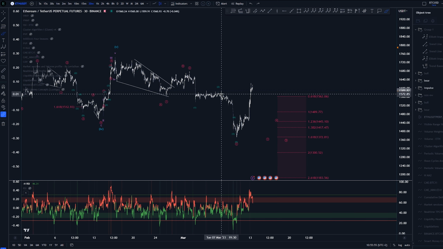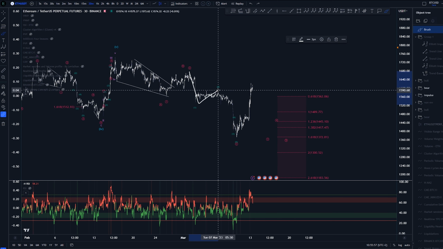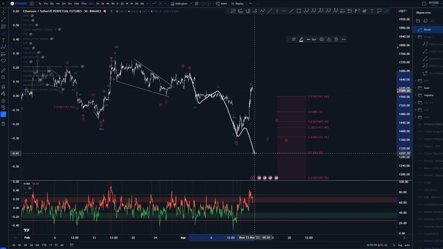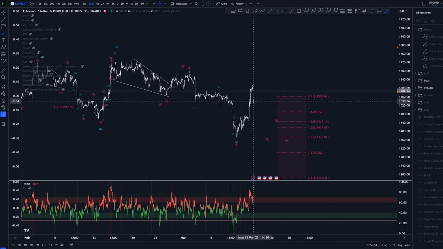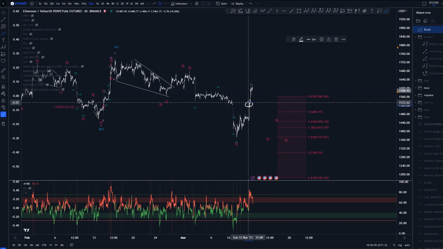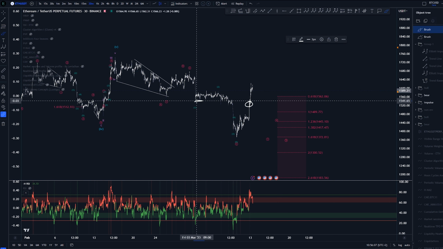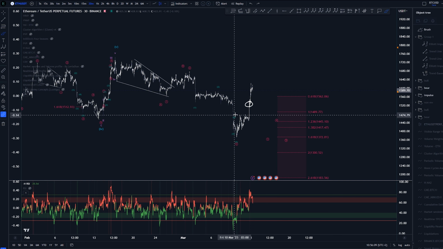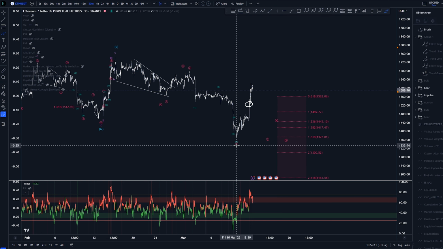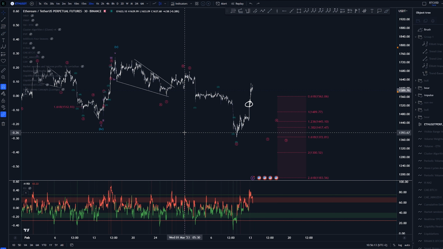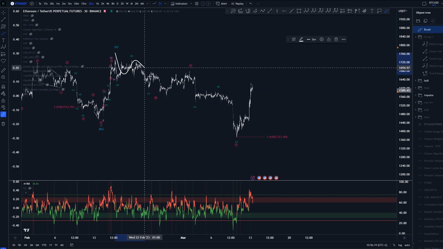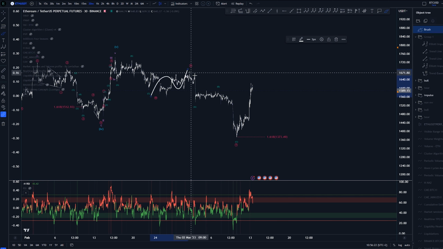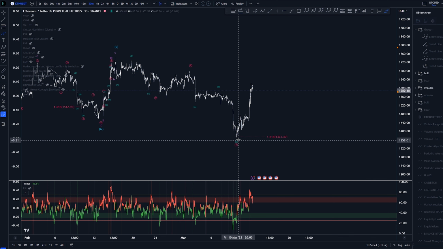Originally, again, I would have had this as a 1, 2, 3, 4, and 5. However, then again, we did start to get an impulse here and invalidated that idea completely up in here when we came back here. So this is the way we have to be labeling this if we want to have this as an ABC. The bullish option that we had was this one, where we had a 3-wave structure into W, 3 waves into X, and then another 3-wave into wave Y.